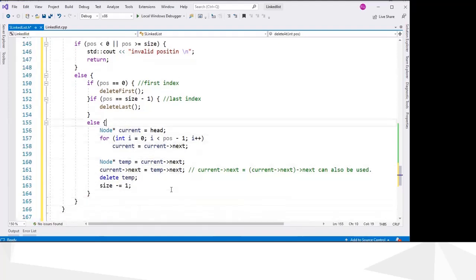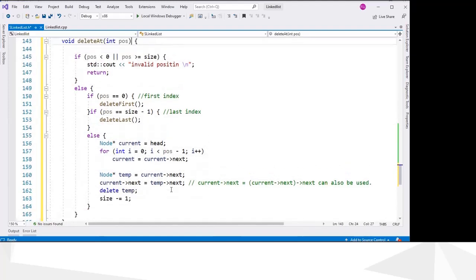Okay, so you can see now. This is the function to delete. First we have to check whether the position is valid or not, and then we have to check which case we are referring to using the position variable. If the position is 0, we are deleting the first one. If the position is size minus 1, we are deleting the last element, and else we are deleting one in the middle,